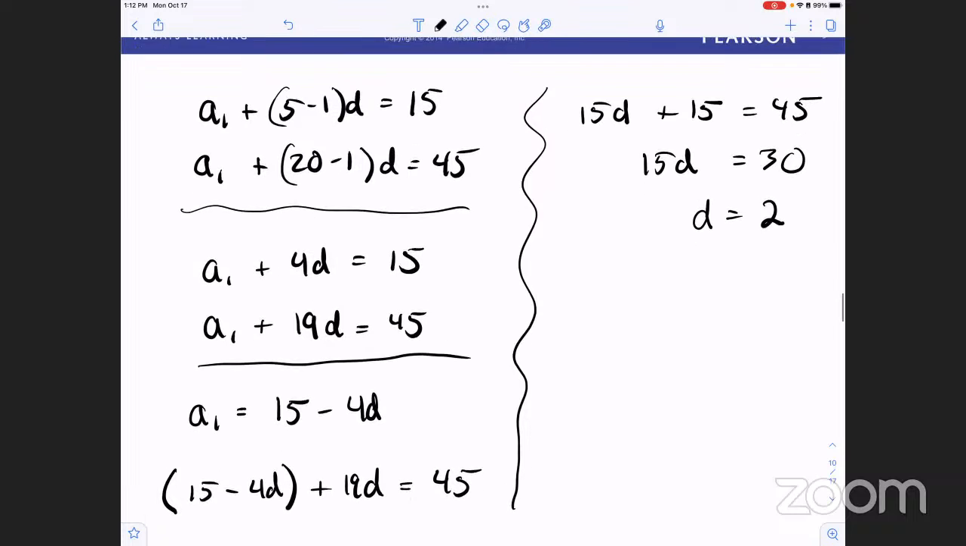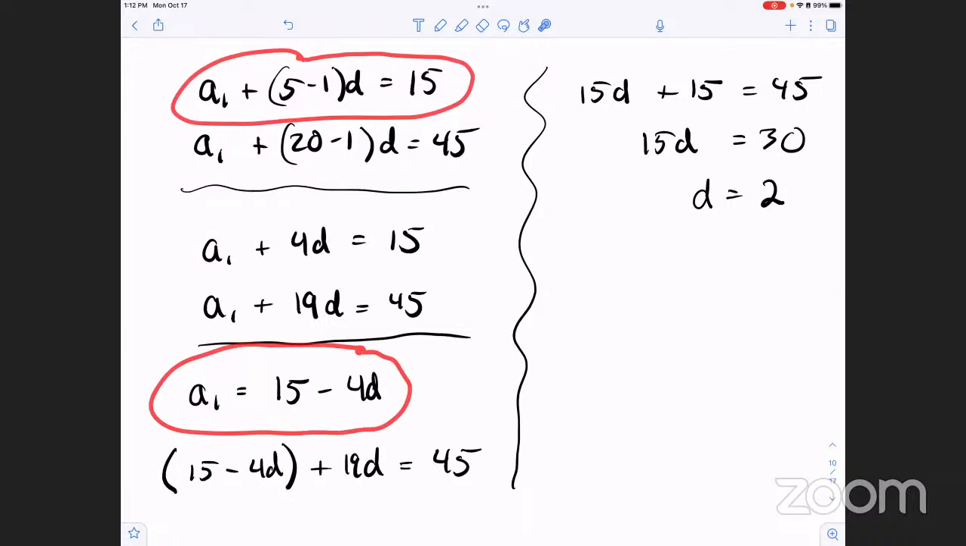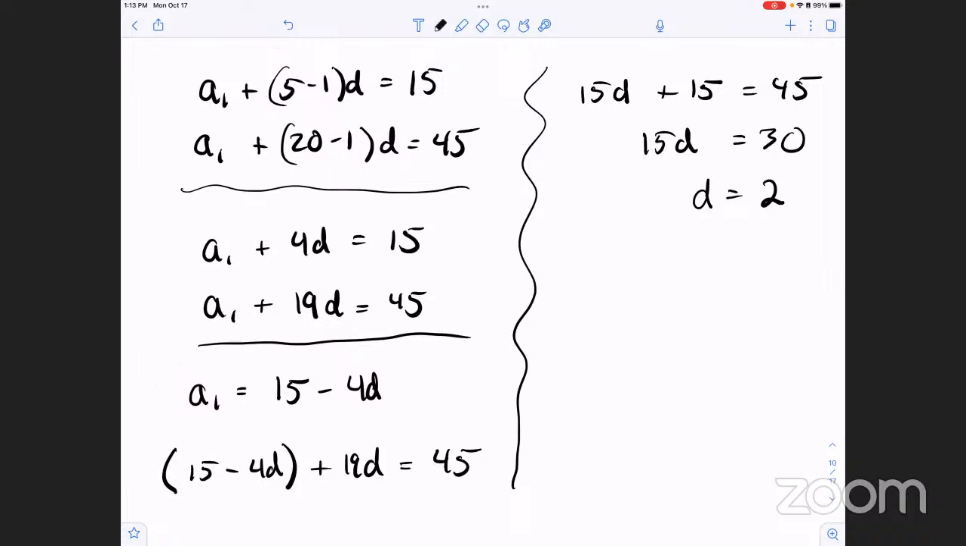Honestly, I think I'm gonna use the original equation because that's where we're least likely to make mistakes. I'm tempted to use this line here, but just in case I made a mistake, I'm going to use the first one. All right. So if we let d be 2, then we get a1 plus 5 minus 1 times 2 equals